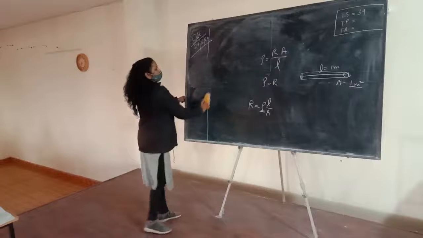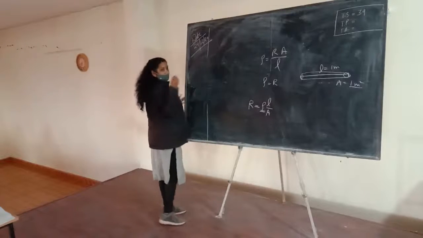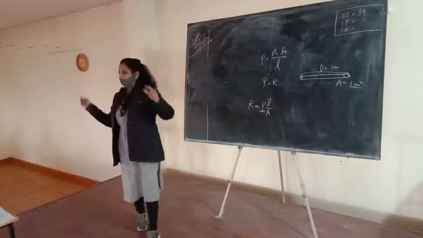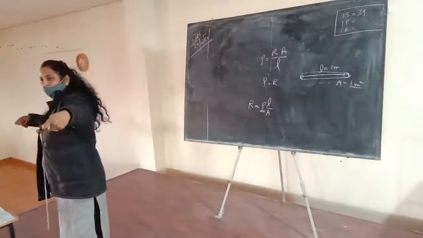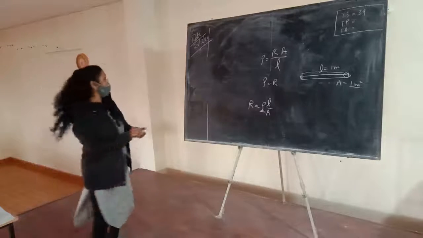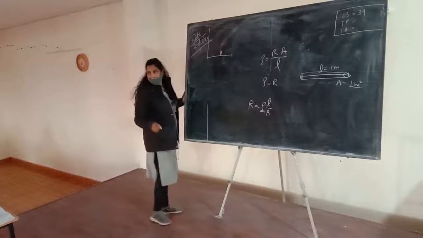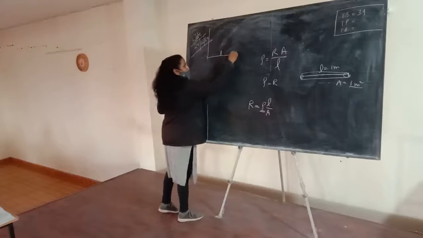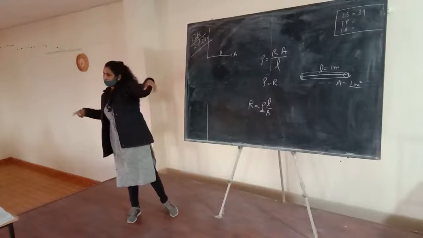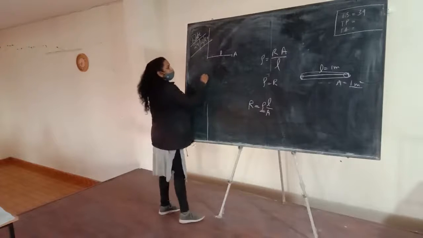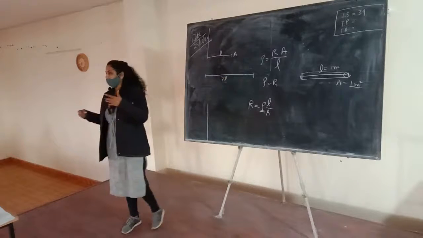Like this question, I think from the NCERT book. If we increase the length of the wire to double. Suppose the initial length of the wire is L and the area of cross section is A, and you stretch this wire and make the length double. Now the new length of the wire is 2L. Is it clear? So how much will the area be changed?